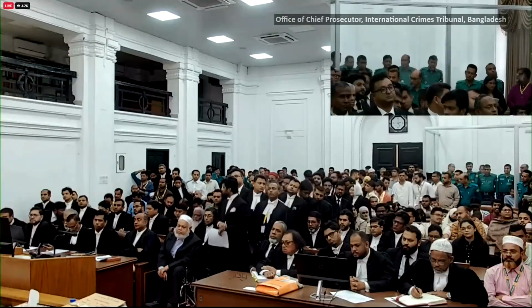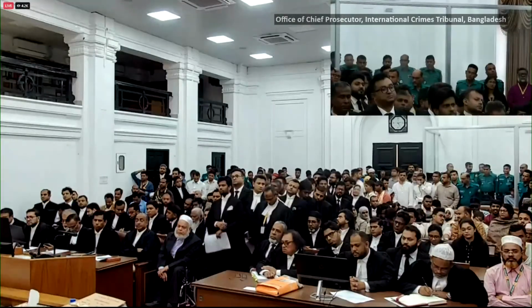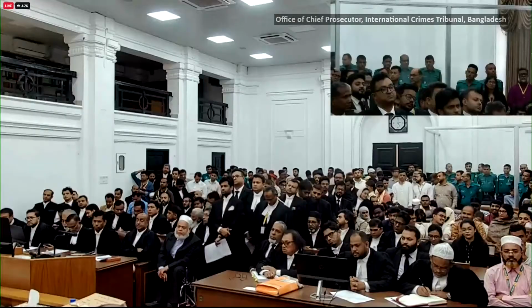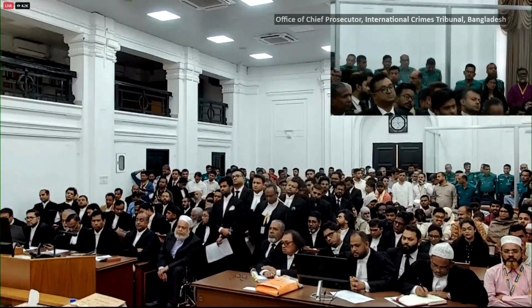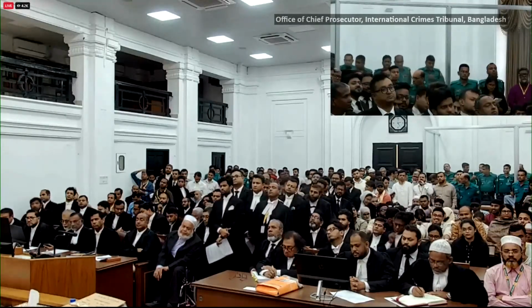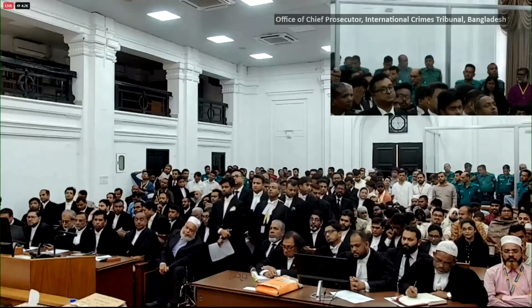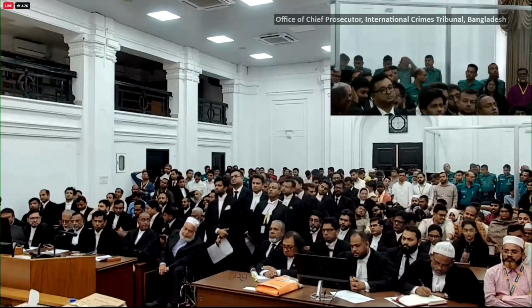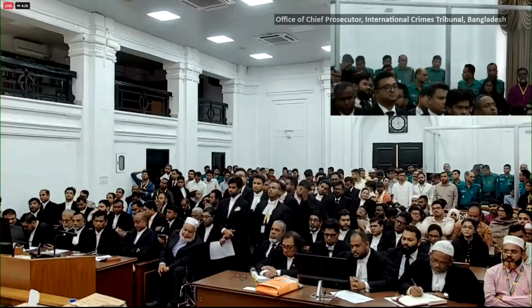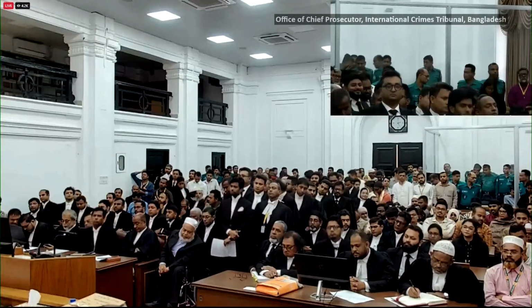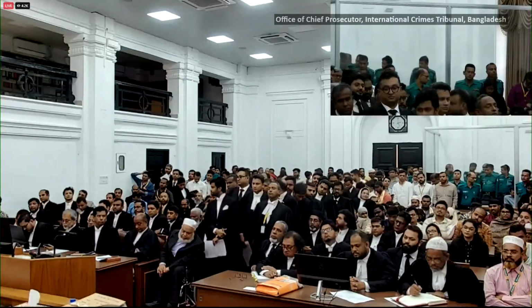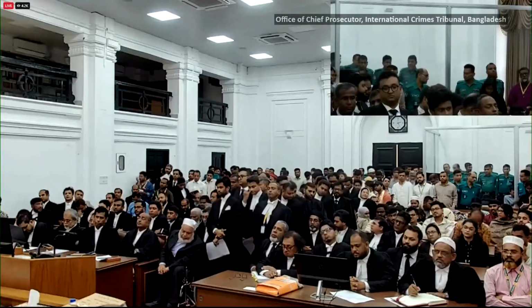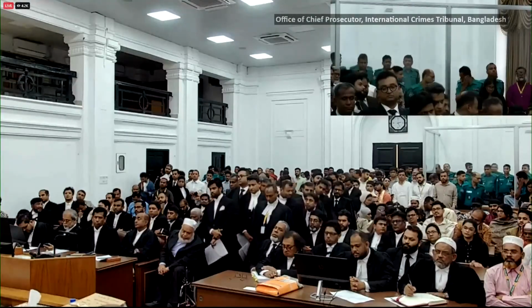Thus, it is apparent that accused Prime Minister Sheikh Hasina had superior control status over accused Asadujjaman Khan Kamal and accused Chaudhary Abdullah Al Mamun, whereupon it was her responsibility to take measures to prevent the atrocities in question, which continued for about a month. She did not also take any punitive measures against the perpetrators.